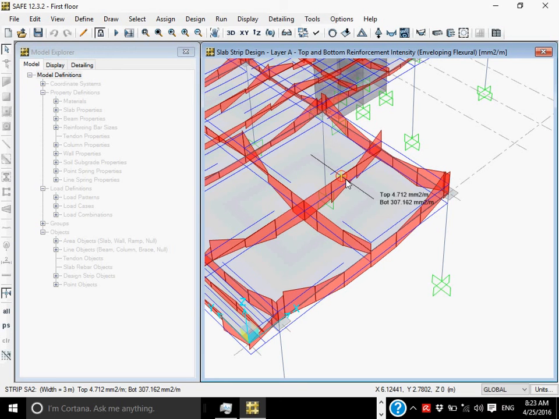I mean, if 125 millimeter is the slab thickness and steel grade is 300, how much will be As minimum? 0.002 bh. It will be 250 millimeter square per meter. So it is 300, slightly more than that. But if you go away, it is increasing, and at the middle it becomes 407.